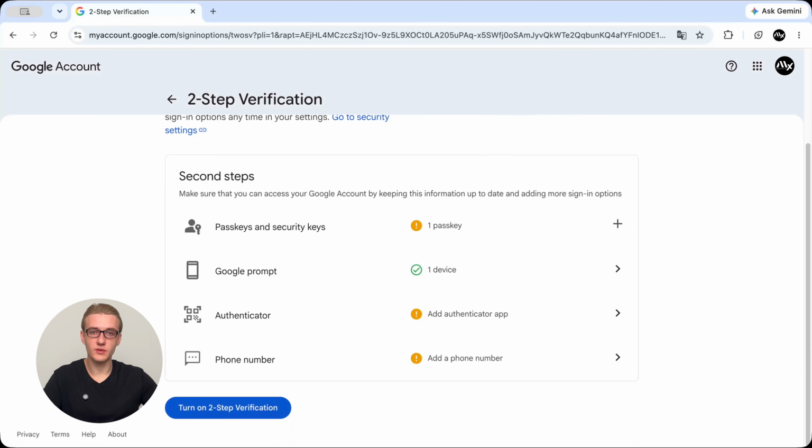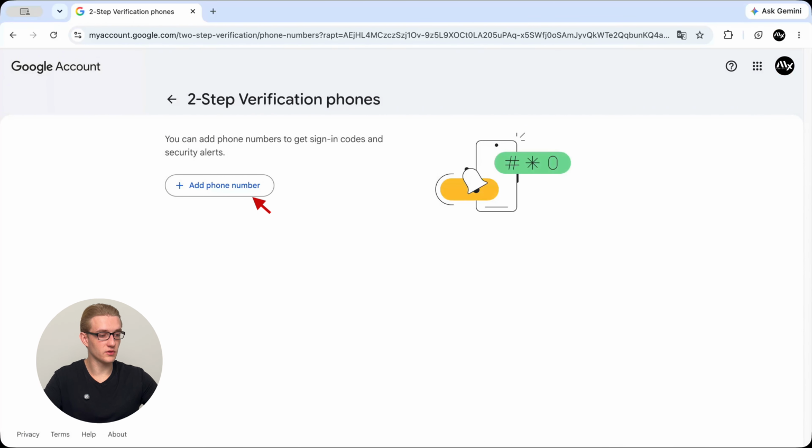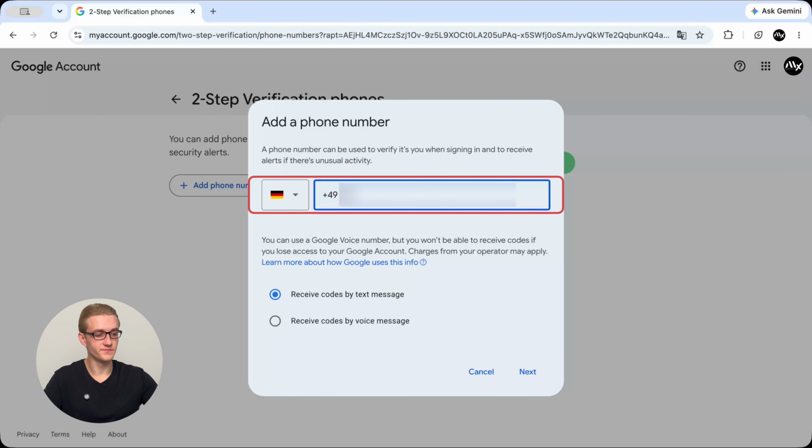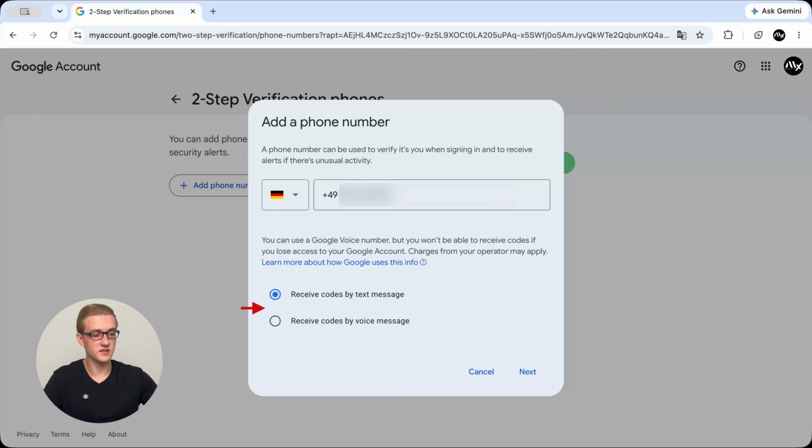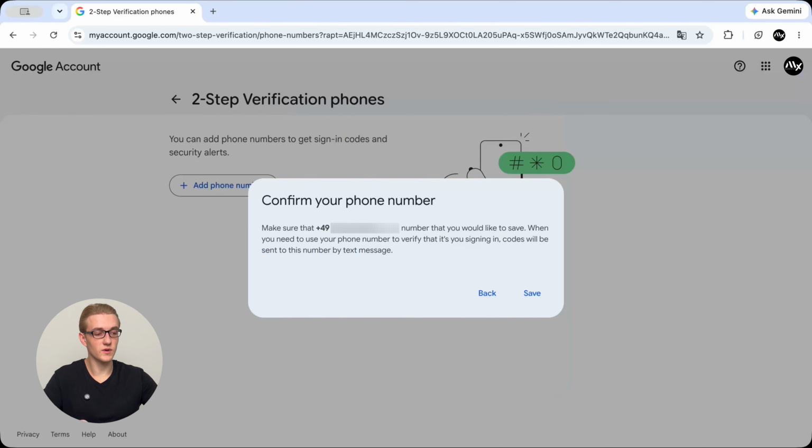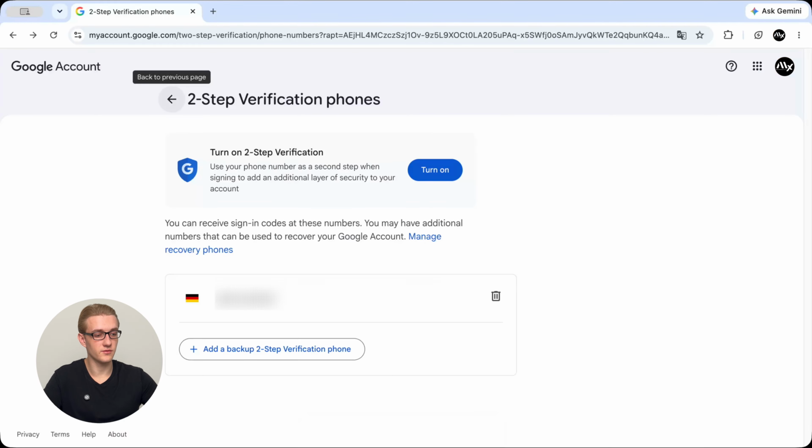To set up the phone number verification, click on phone number. Now click on add phone number and enter the number you would like to use to verify your account. Then select how you would like to receive the verification codes, either through an SMS or a voice message. Once selected, click on next. Here, check once again if the number is correct. If yes, click on save. Once added, click on the back arrow,